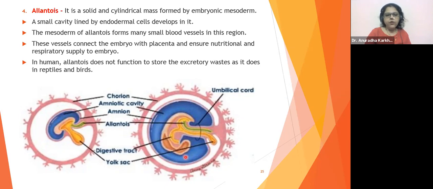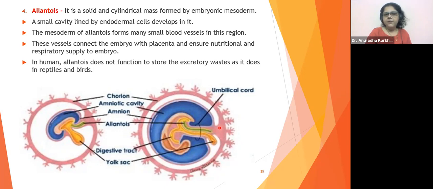And all together, amnion, allantois, yolk sac, and a part of your chorion also over here, everything will be called the umbilical cord. So now you understood what exactly the umbilical cord is. And here you can see this dense pink colored layer. ये जो pink color का dense layer आपको दिखाई दे रहा है बेटा, correct? This entire part over here, just opposite to this structure, is going to be the placenta. So this is the placenta.